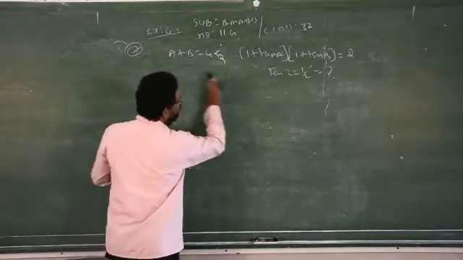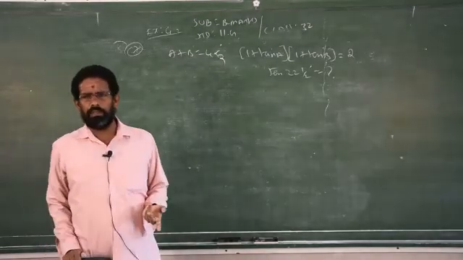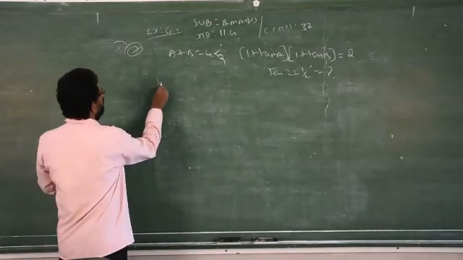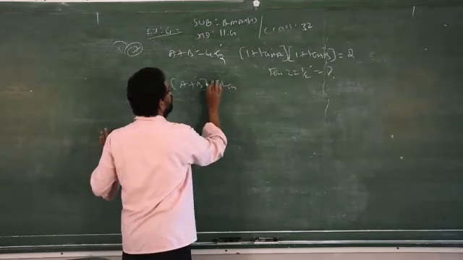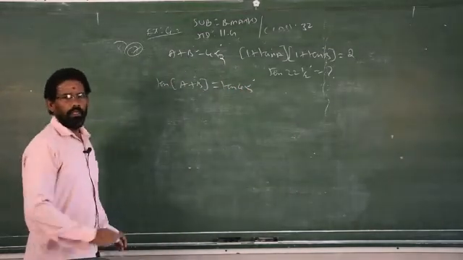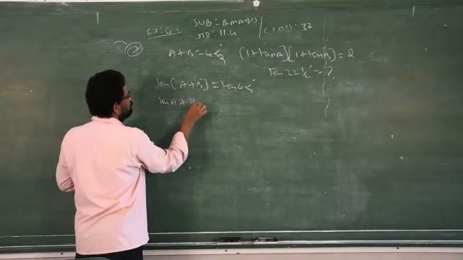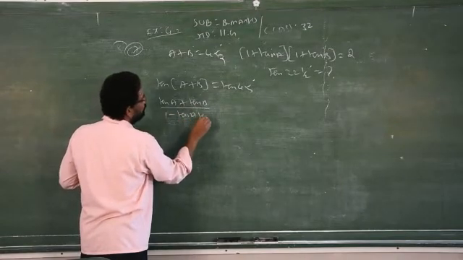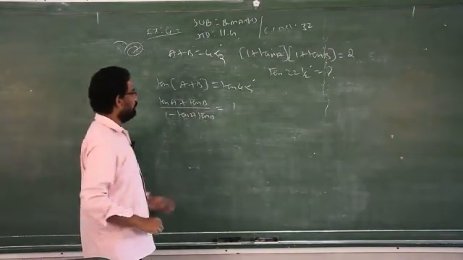So instead of going for sin and cos, you straight away take tan A, because we have the tan A plus B formula. So once we have the formula, no need to go for sin and cos. So straight away you take tan on both sides, you will get tan A plus B is equal to tan 45 degree. Clear? So tan A plus B, what is the formula to find tan A plus B? Tan A plus tan B over 1 minus tan A tan B is equal to tan 45, is how much? 1.